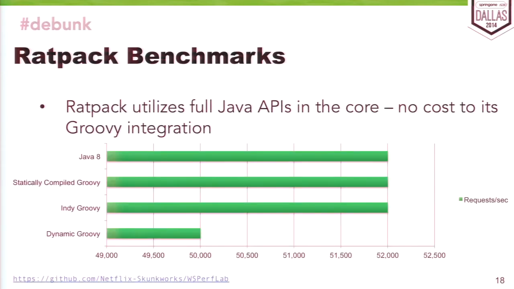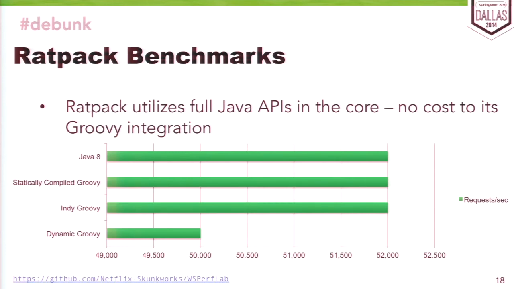So I recently ran some tests. Again, Ratpack, the best framework in the world. We are also very concerned about performance, and we want it to be a web framework that is able to have as much throughput as is totally possible, right? And to facilitate that, because we're a framework, the core of Ratpack is written in Java, written in Java 7. But we designed the core so that we would have very good Groovy integration.